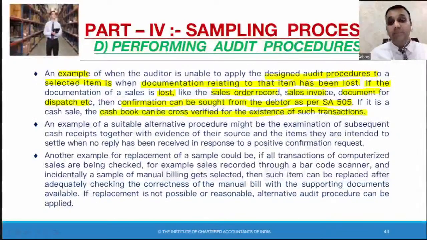So the auditor was unable to apply designed audit procedures to sales invoices relating to that particular day, week. So there are some alternative procedures. Another example of a suitable alternative procedure might be the examination of subsequent cash receipts together with evidence of their source and the items they are intended to settle, when no reply has been received in response to a positive confirmation request. We ask the debtor